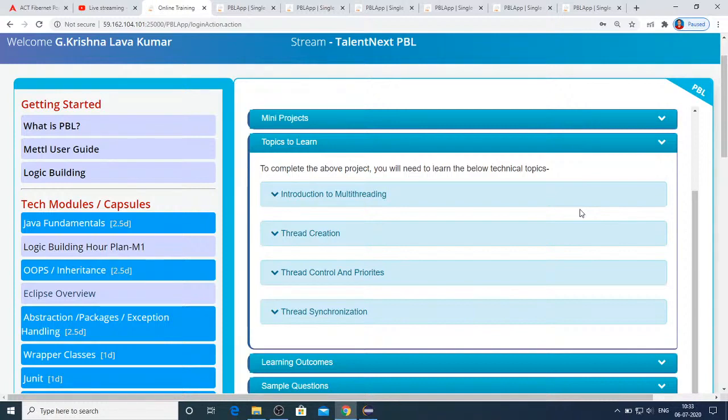So, we were discussing collections in the last week, and we have covered a few of the collections. That is a list, which is an interface. We have discussed list subclasses.